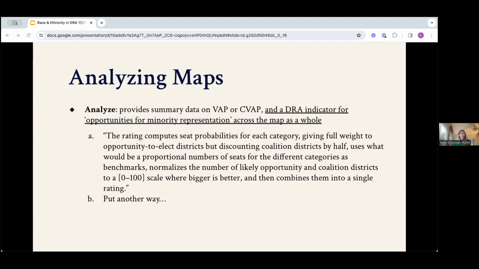So let's just break it down and rephrase it a little bit so you have at least a general understanding of what this metric is telling you. If there's interest, put it in the chat and we'll think about hosting a future mapping snack training that does a deep dive into these analysis features and the mathematics behind them.